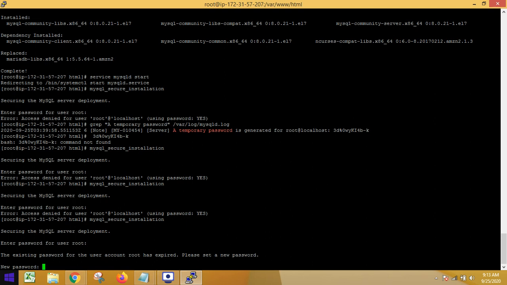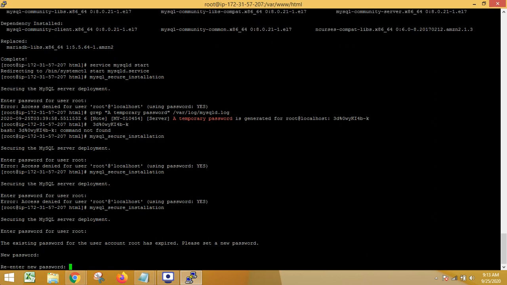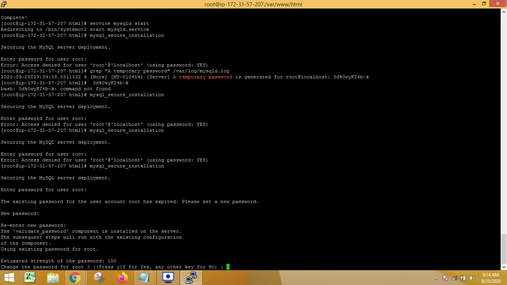So by using all these validations, I'm going to provide a password here, and again re-enter the password, and then only I can work on the thing. So I need not change the password, right?